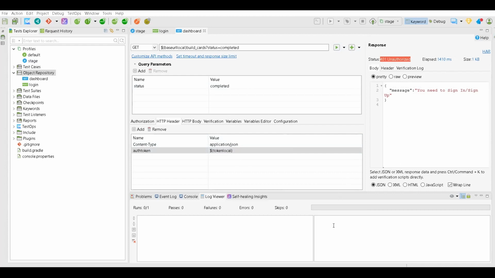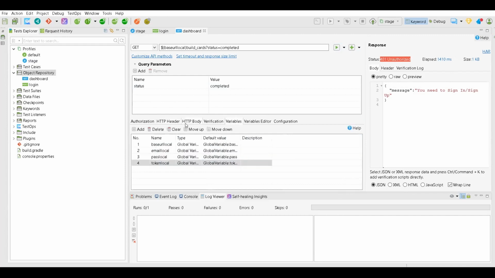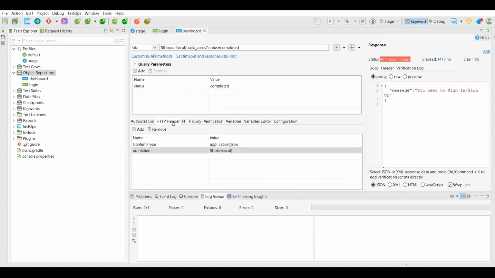Okay, type 16 if you're ready for next step, and things are configured as variable level and HTTP header level. The value of HTTP header is auth token. This is the key, and the value is dollar curly braces token local. Ready for next step, guys? Type 16. If you have any issue, any error, let me know. Okay, so now